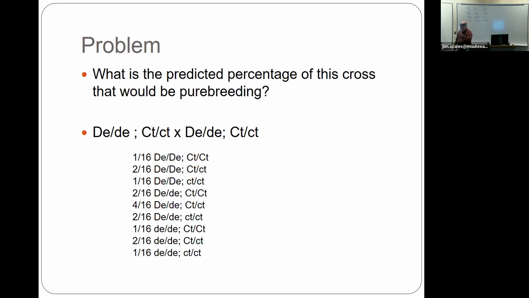Okay, so don't be fooled. Homozygous doesn't mean dominant, doesn't mean recessive, has nothing to do with those two things. What does homozygous mean? Same two alleles. Could be both recessive, could be both dominant. You're like, but this one is dominant and that one's recessive. Who cares? They are the same at that locus. So it doesn't mean that you have to be all dominant or all recessive. It just means that you have to have homozygosity at every locus.